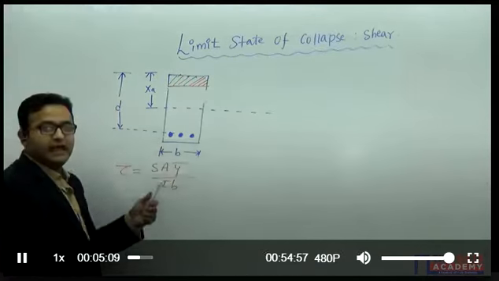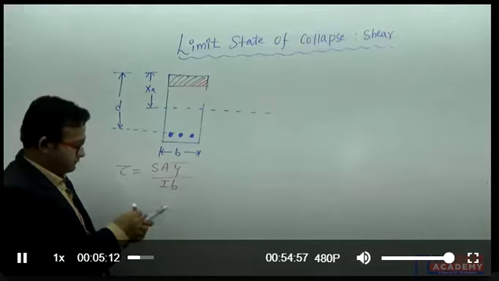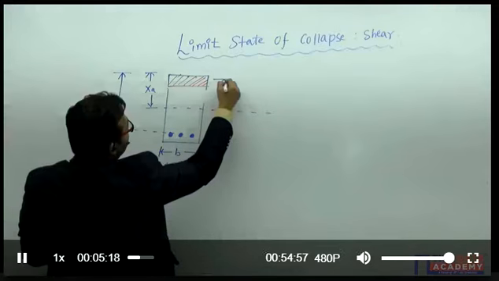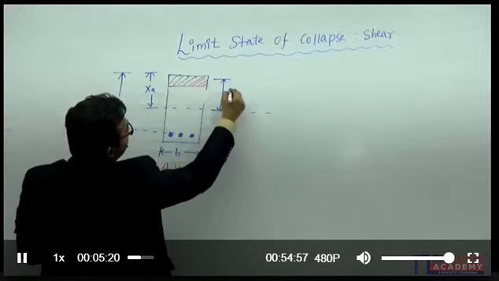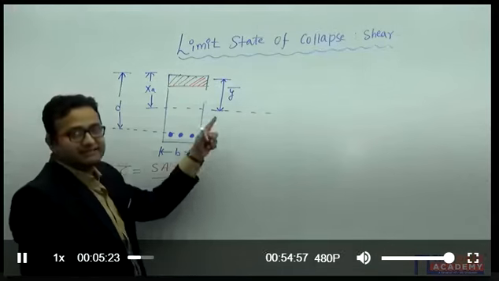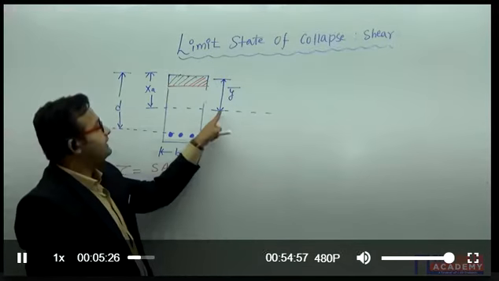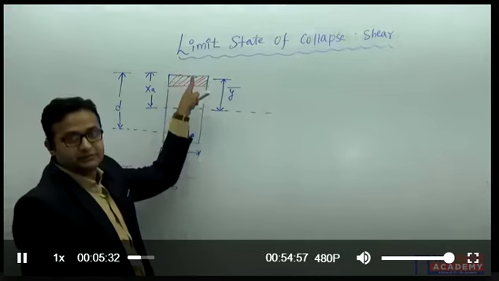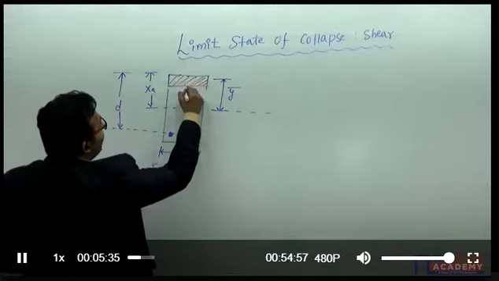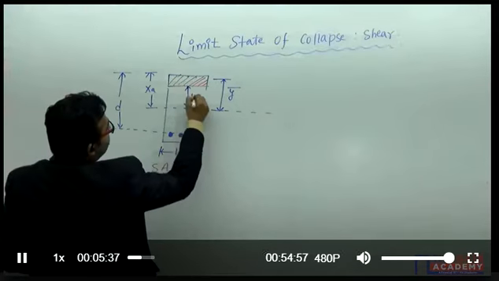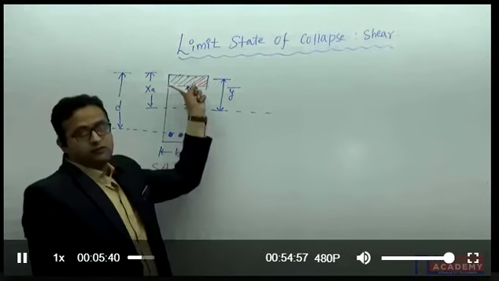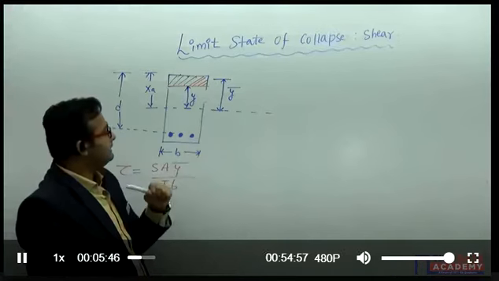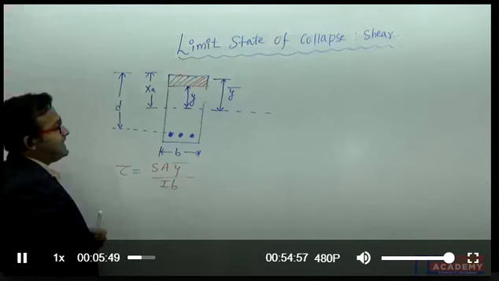In this portion I want to calculate the stresses. This distance will be your Y bar. Y bar is the distance between the neutral axis and the CG, the centroid, of this area of interest. And this is the Y distance from the bottom of the area to the neutral axis, right? And this is the total depth of the neutral axis, X A.